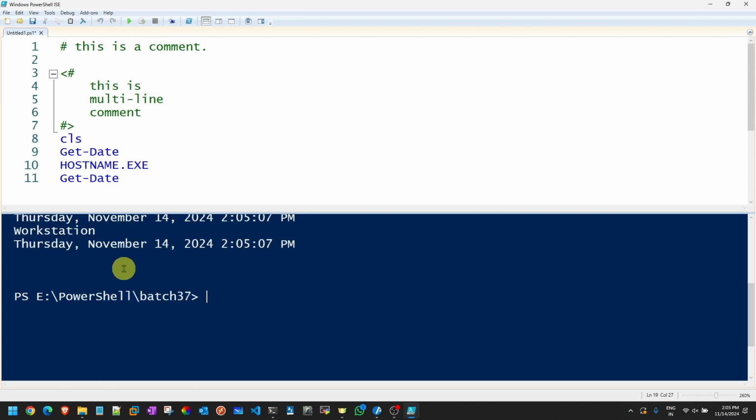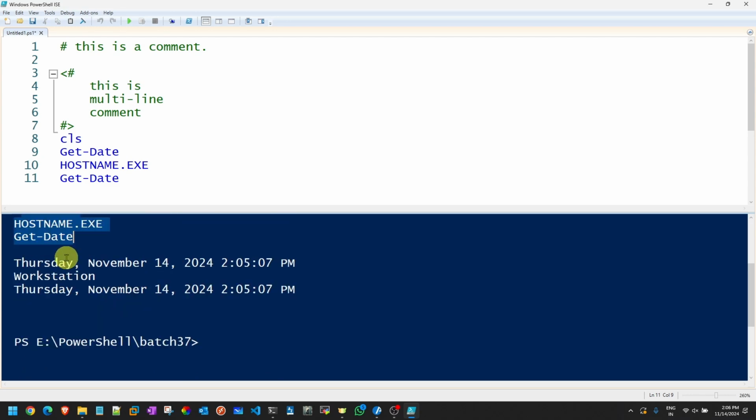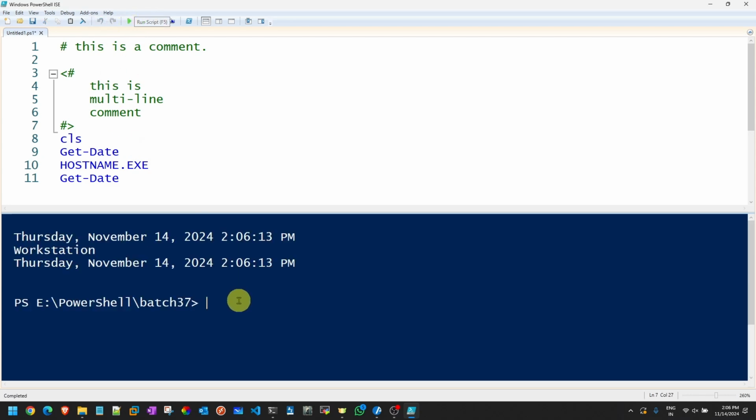Now see the difference. Earlier we got all this information, right? It is showing the comment, then the command, and then the output. But this time when I run this entire script one more time, can you see? PowerShell always executes from left to right, top to bottom. So the very first thing it did is CLS. It cleared the screen, cleared this blue screen for me. Whatever came earlier, everything wiped out. Next is Get-Date. It prints the date. Next is hostname. It is printing the host name, and then again Get-Date. It is giving the date.